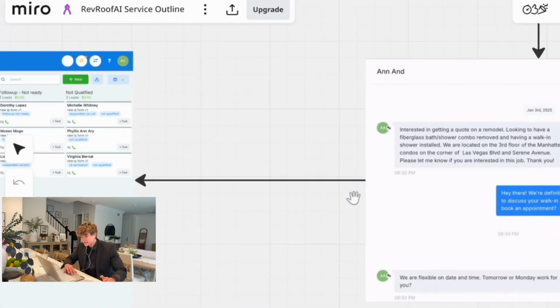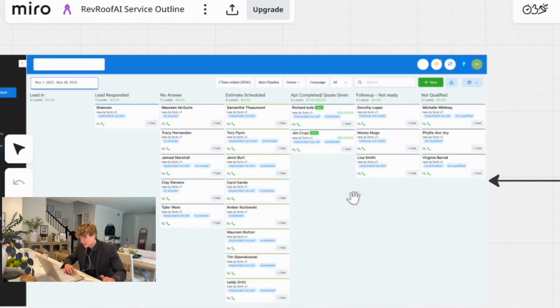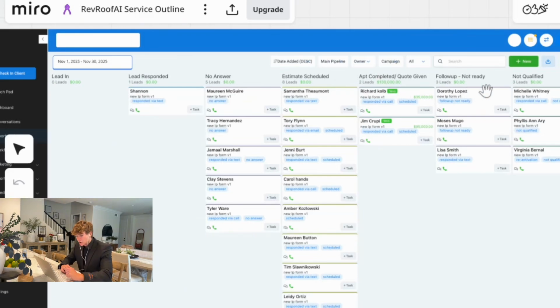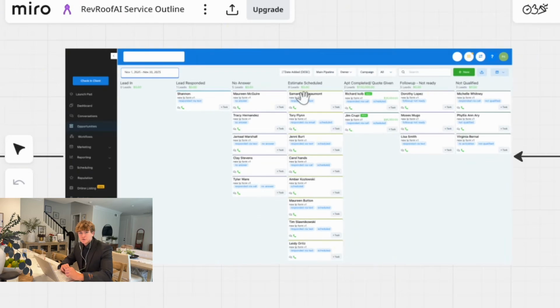And then after that, this is what your pipeline would pretty much look like. As you can see here: lead responded, no answer, estimate scheduled, appointment completed, follow-up. Guys, this is what the pipeline is going to look like. And obviously you're probably wondering, there's got to be more to it, right? And there is, and the last final step, which is very important, is going to be